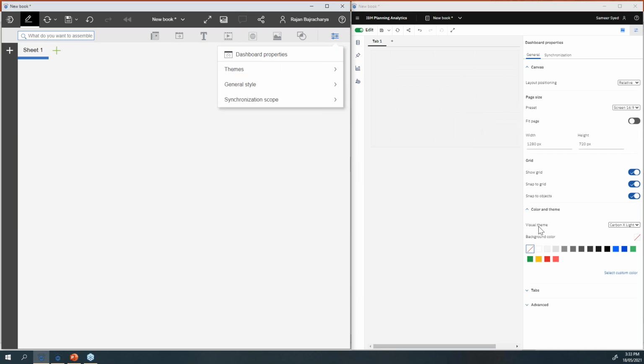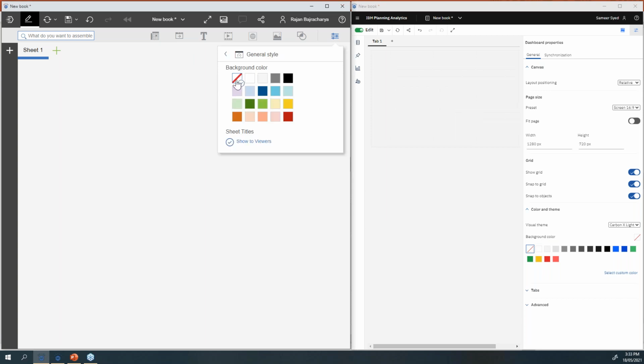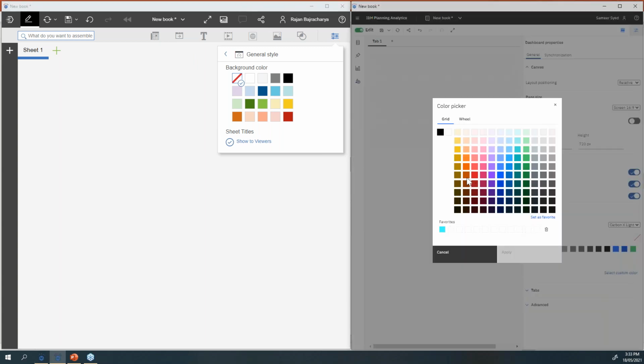But here you can see we have a lot more options. I want to go through some of them. The one thing I want to highlight is the color. With the general style, we have only a set number of colors, about 10 to 15. With the new version of POW, you have more colors, and you can also have your custom colors. You can even add some colors as favorites. When we add colors as favorites, you will be able to use them across all the books and all the sheets. That's something to keep in mind.